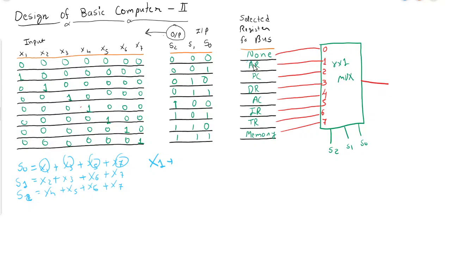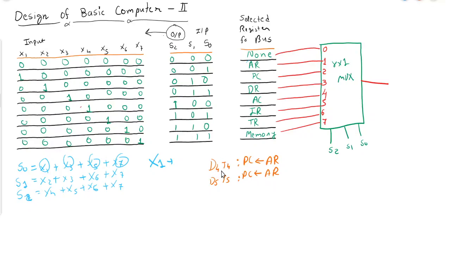So we can say in this case AR will work as a source. So we have to find out all the transactions where AR will work as a source. Let me write down some transactions for your reference where AR is a source. Let's say we have two control functions, D4 T4 and D5 T5, where AR will work as a source. In both cases we will transfer the content into the program counter. Destination is program counter.